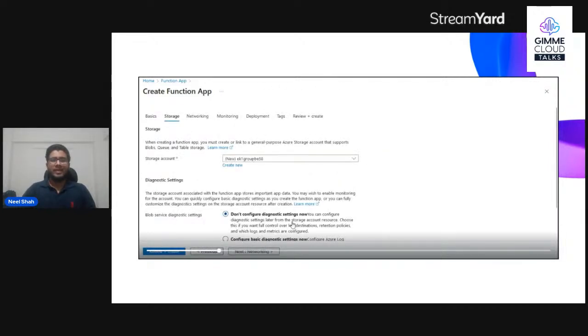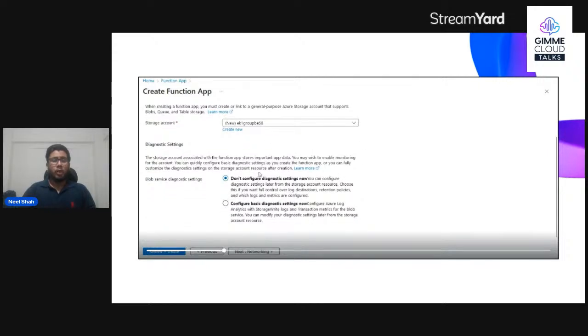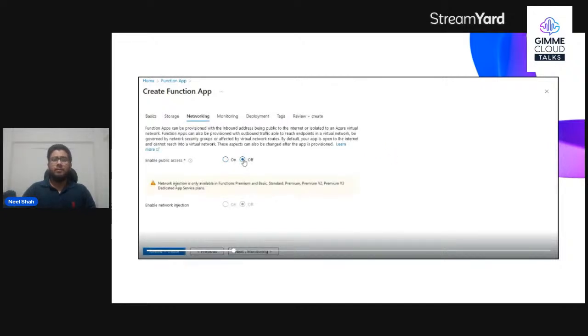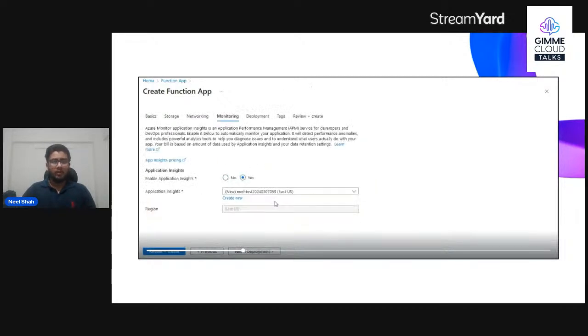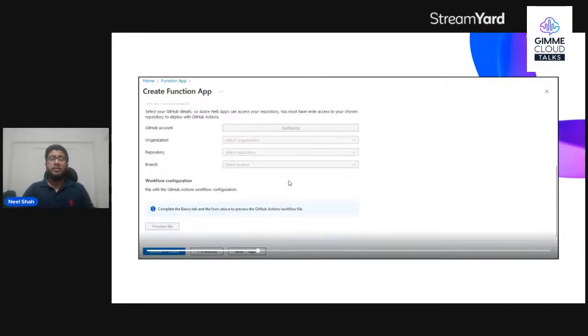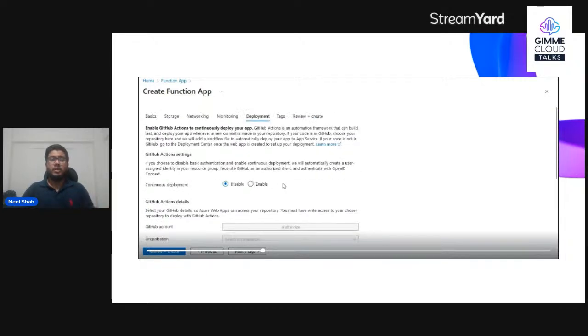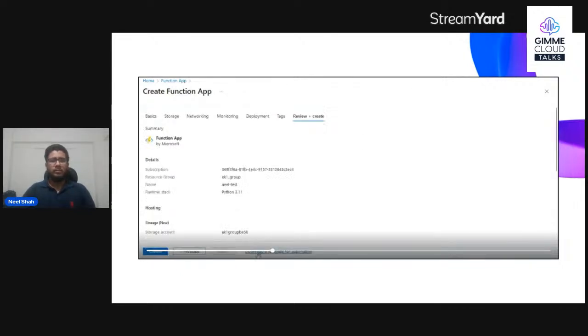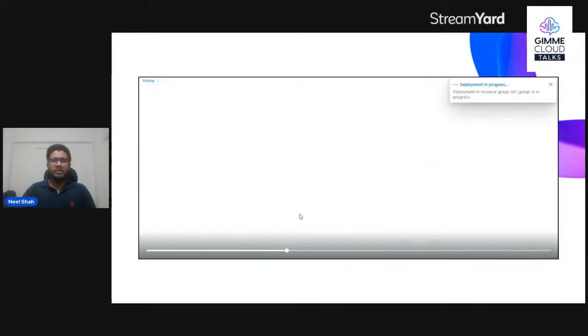Next, we can go to storage. We can add a storage account where the function will be deployed, and then it comes to networking. You can enable public and private access from here. Next comes monitoring. If you want to enable a monitoring system, you can also enable it from here. And if you want to deploy and use this function in CI/CD, like GitHub CI/CD or Jenkins, and Azure DevOps, you can use it. And of course, tagging is also important whenever we are doing infrastructure on a large scale. You can see on the top that initializing of deployment and submitting the deployment is there. It will take some time, but yeah,